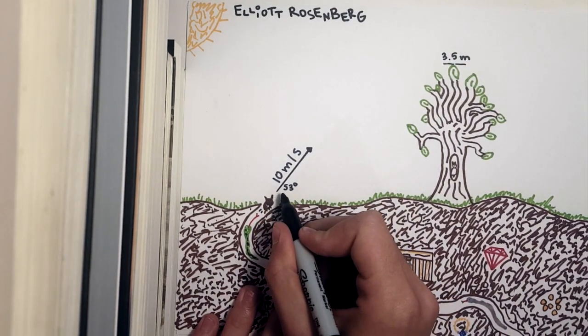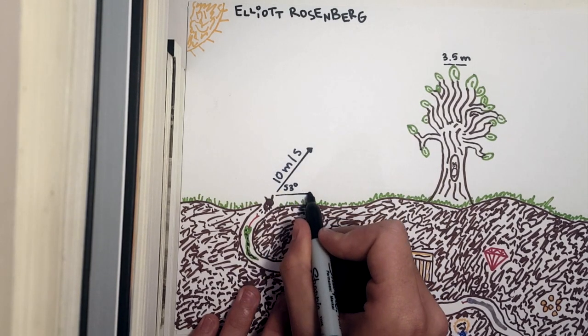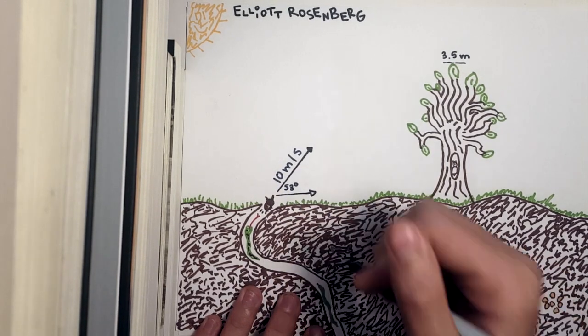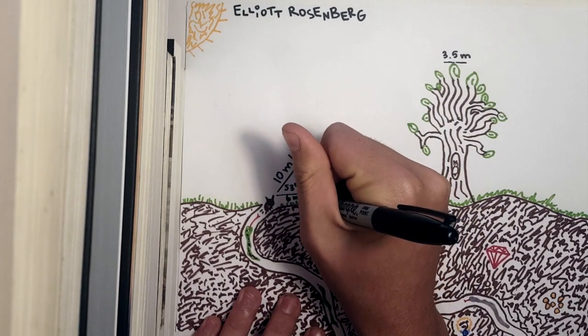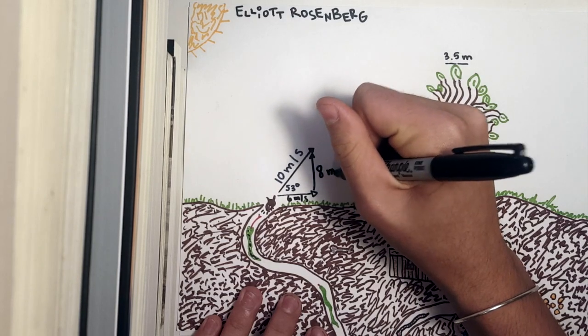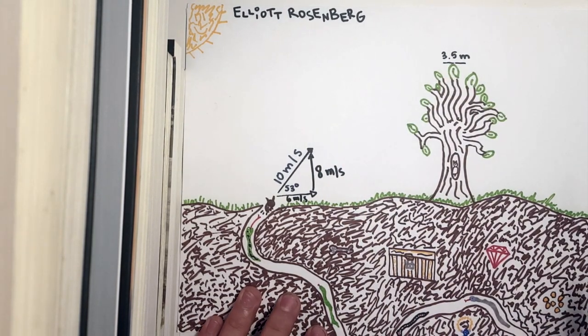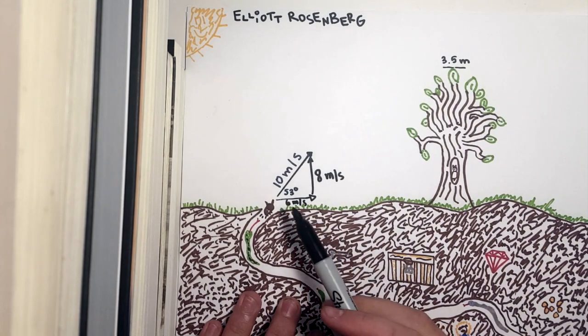so we know that this 53-degree angle makes a 3, 4, 5 right triangle, and so we can draw in our horizontal vector at 6 meters per second, and our vertical vector at 8 meters per second, and our vertical vector is the one we want to pay attention to because we need to decide whether or not Jimmy will make